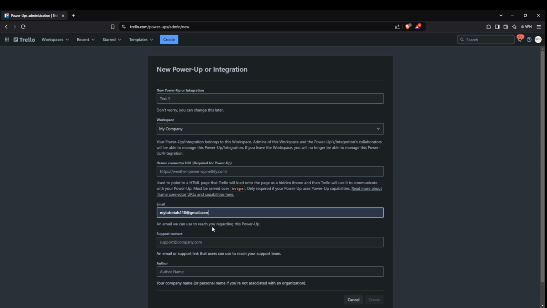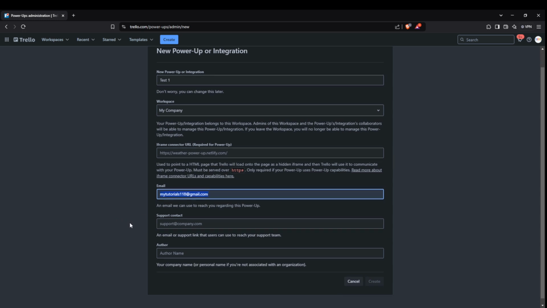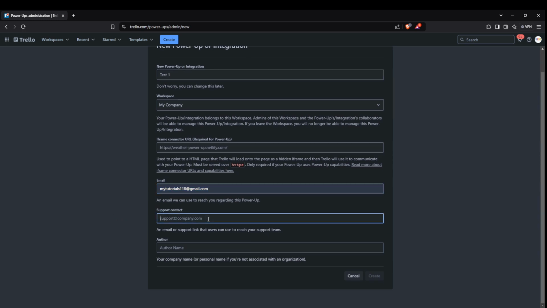Once the workspace is selected, you'll need to enter your email. This ensures that Trello can contact you about any notifications or updates related to the API key. Alongside this email, you're also asked for a support contact email. Think of this as a backup or secondary email, perhaps belonging to someone in your team who can also address